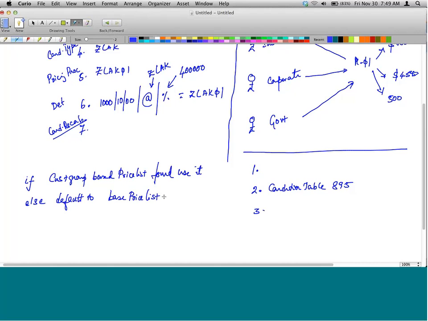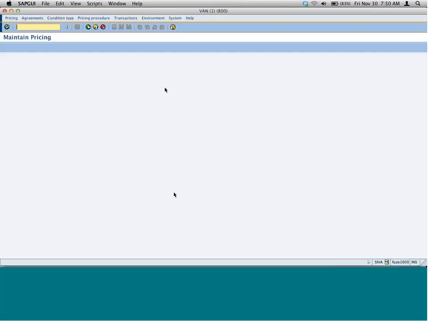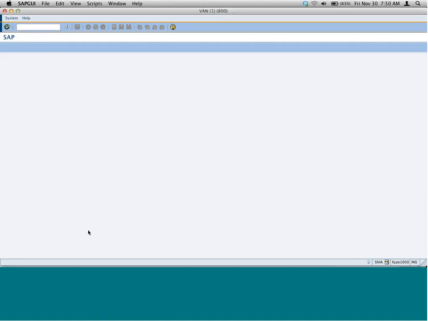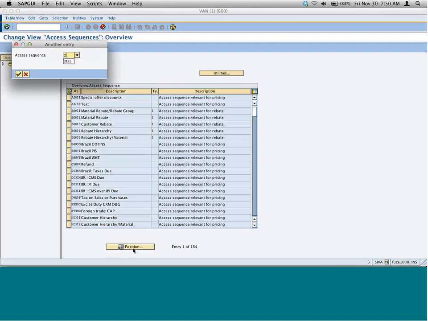Then we can use the same access sequence and insert our newly created condition table into that access sequence. That way, if this is found, all right. If not, it will default to the base price list. How do we do this? Condition type, access sequence, go to ZLAK,